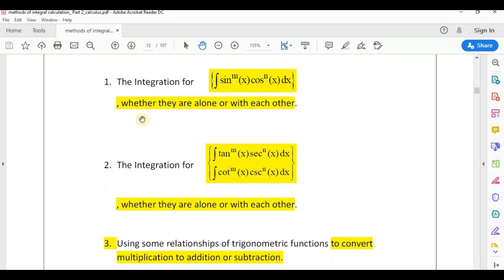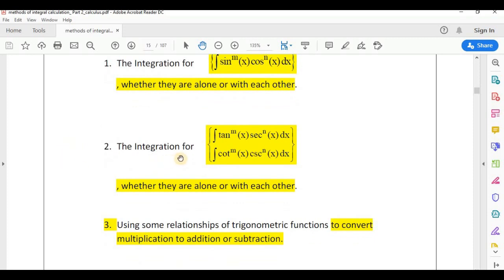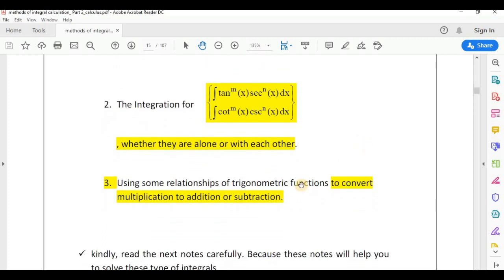The second section, the integral of tan to the power n multiplied by sec to the power n dx, and the integral of cotan to the power n multiplied by cosec to the power n dx. The last section will use some relationships of trigonometric functions to convert multiplication to addition or